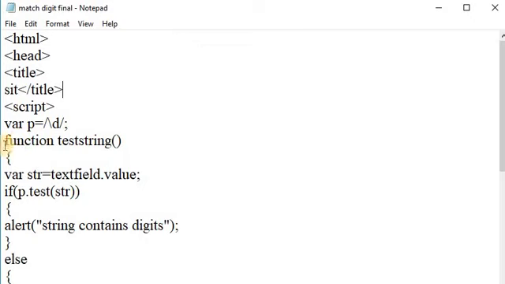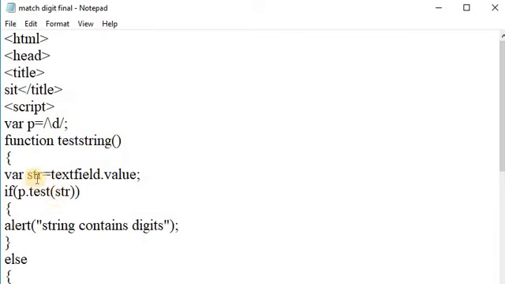The statement if p.test(str) is used to check the given string against the pattern, where str is the given string and p is the variable where the pattern is stored. Using the test method, we test the condition.